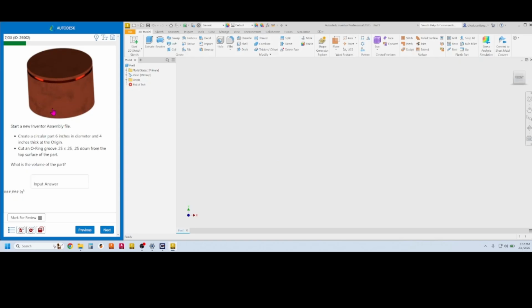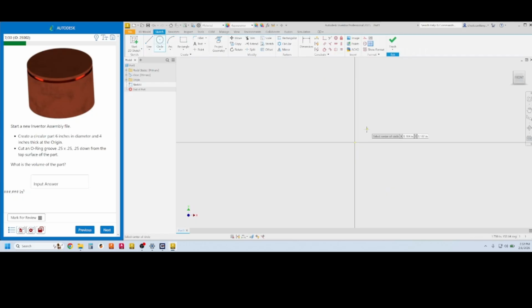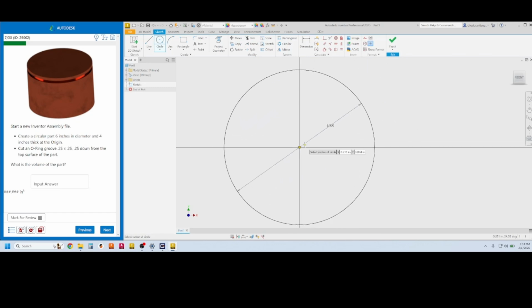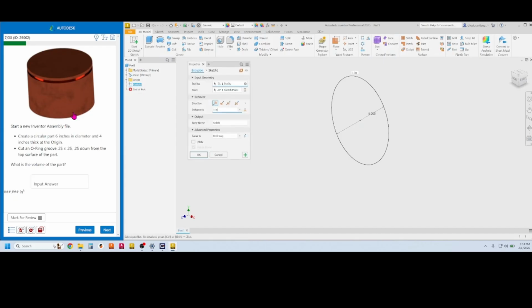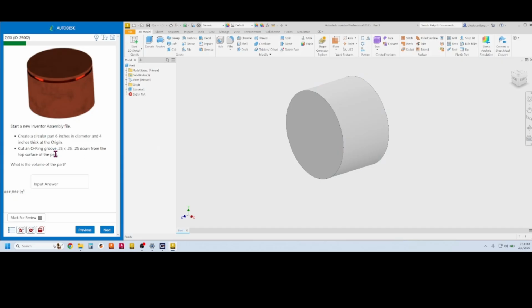Okay, so how are we going to do this? Create a circular part 6 inches in diameter, 4 inches thick. Well, that's pretty easy. We start a sketch. Doesn't matter what plane we started on. We draw the circle. Click on the center and just type in 6. You don't have to draw the circle and then dimension it. Just type 6, enter. It draws a 6-inch diameter circle. We finish the sketch. Extrude the circle 4 inches. So we just type 4. It makes it 4 inches thick. We say, okay,